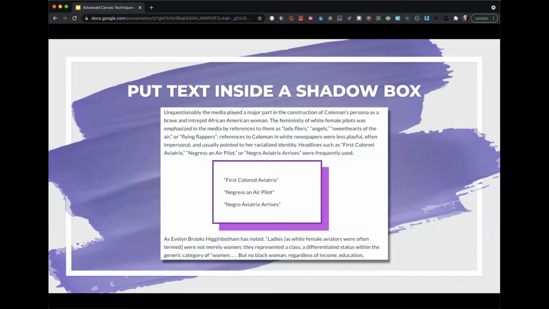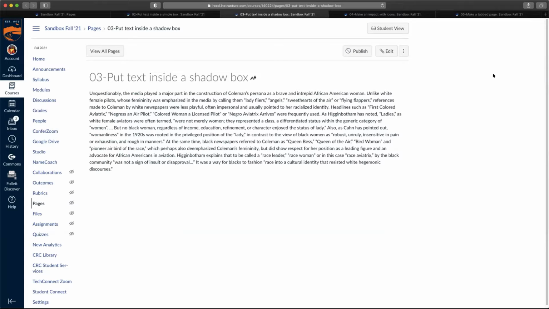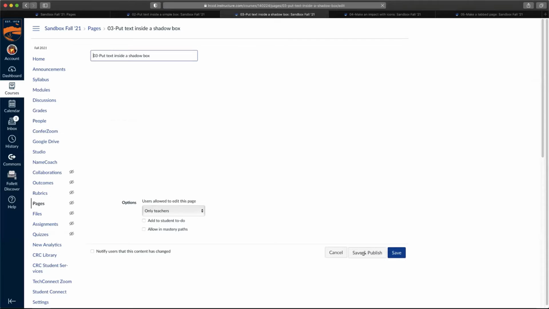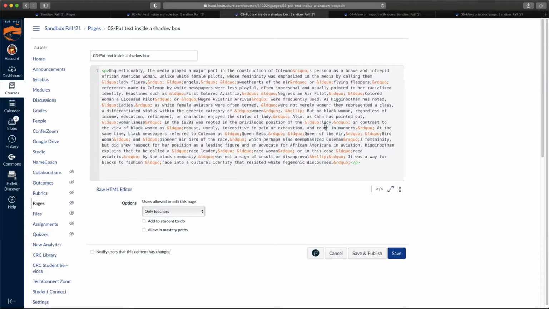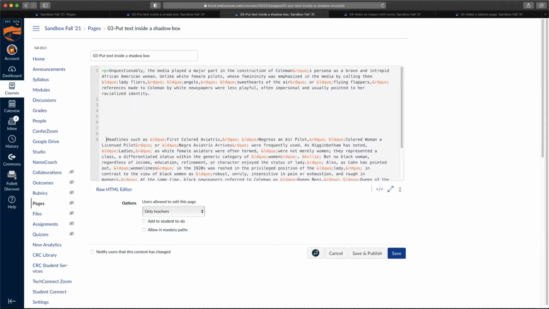So let me go back into my other share. Okay. So inside, here's the shadow box, right? Let's go into edit, HTML view. And I'm going to go find those quotes. Here we go. I'm going to do this a little bit differently here, because in